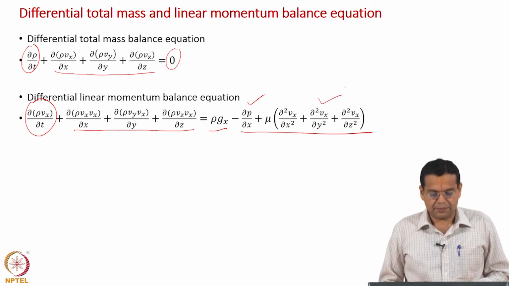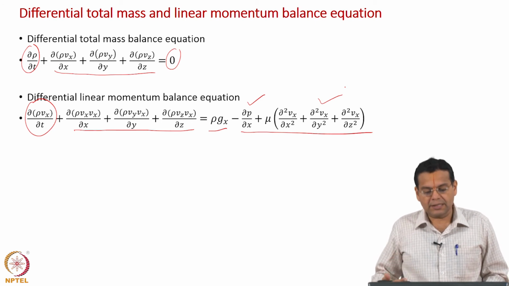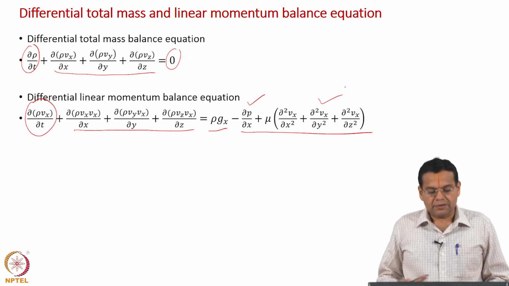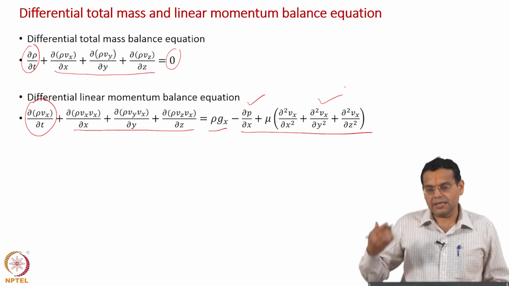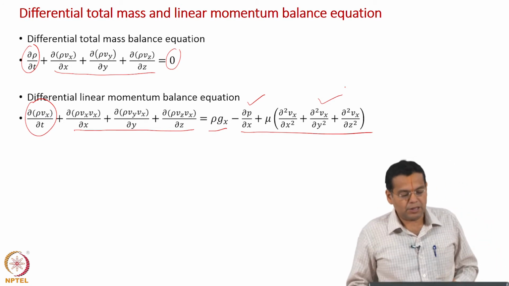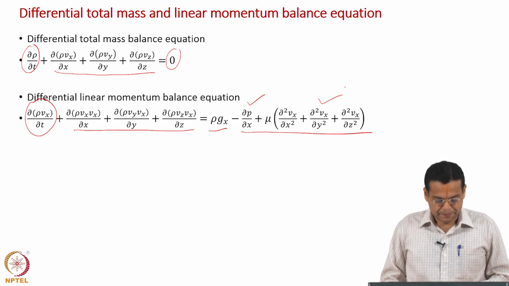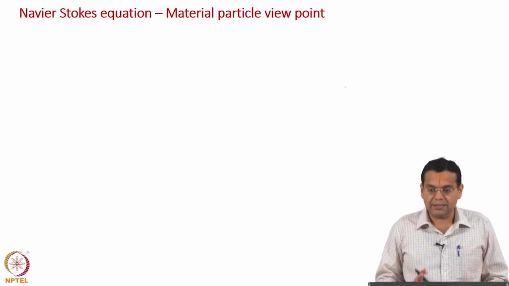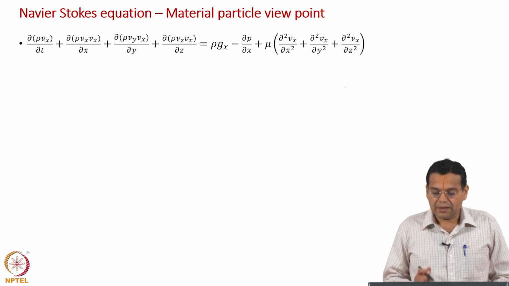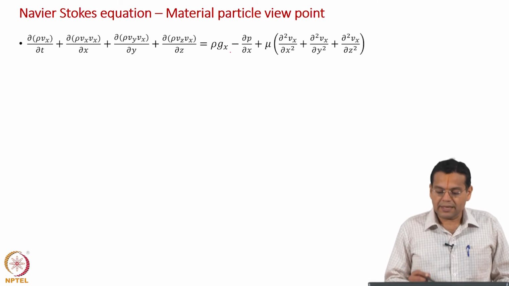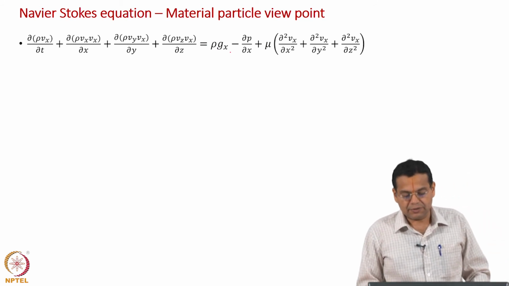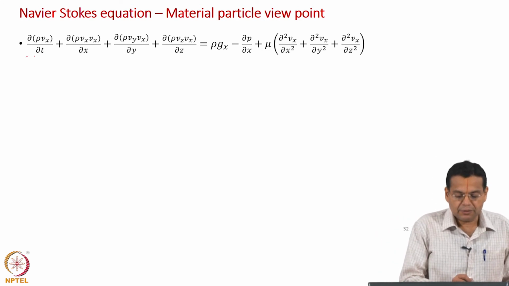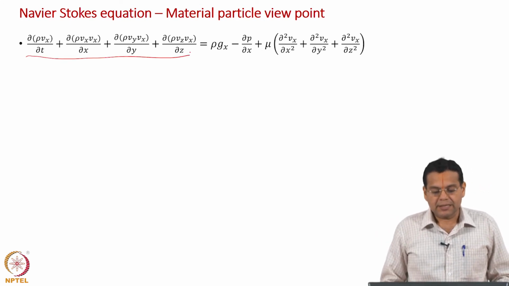And that is the comparison between these two, and we will build on this slide after we derive differential balance for energy and then species mass also, okay, so that all equations can be compared. Okay. The Navier-Stokes equation can also be put in the material particle viewpoint. We have already done this for linear momentum balance. What we have done earlier is the right hand side, when it was in terms of the viscous stresses for the linear momentum balance, we took the left hand side expressed in terms of capital D by dt. We have already done that.